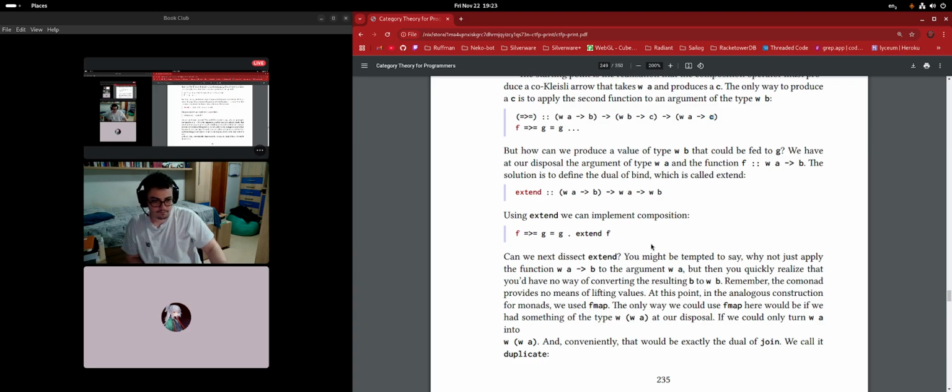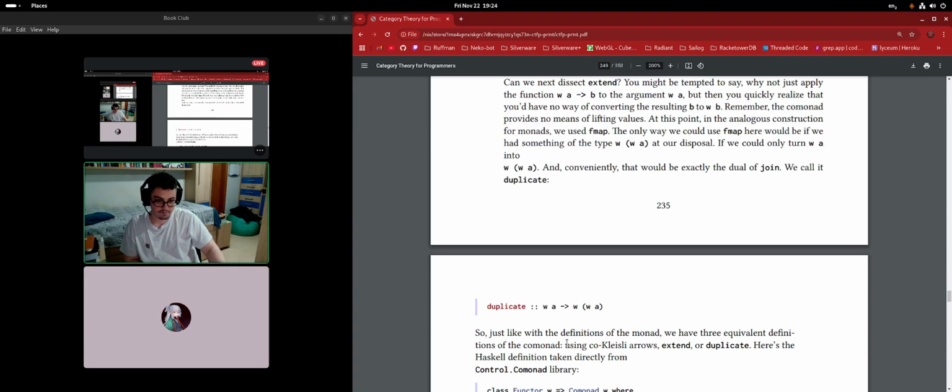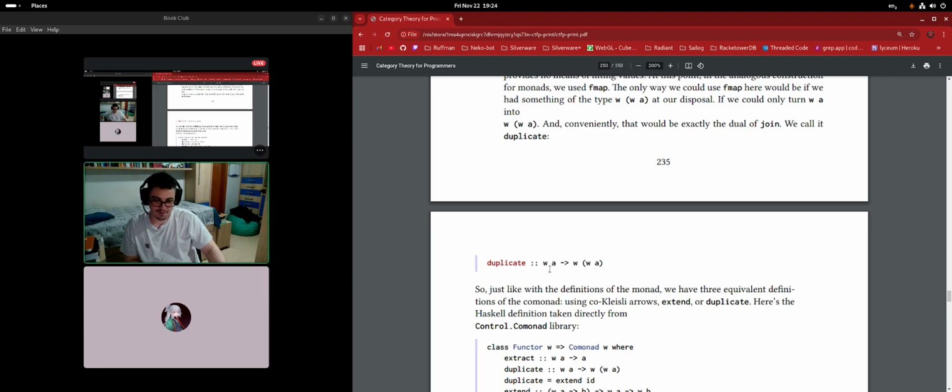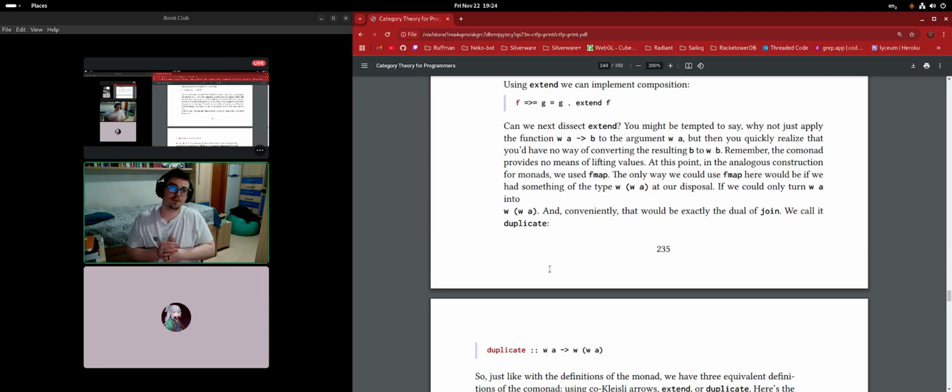And then comes a question. You don't have lift. That's the problem. But then, it says the co-monad. No, at this point in the analogous construction of monads, we use fmap. The only way we could use fmap here is if we could have something of this type at our disposal. If we could only turn WA into WWA, so like the opposite of join. We're going to call that duplicate. And then you may ask yourself, wait a moment, we are creating another requirement. We may solve the extend implementation, but by doing that, we now have to implement duplicate,